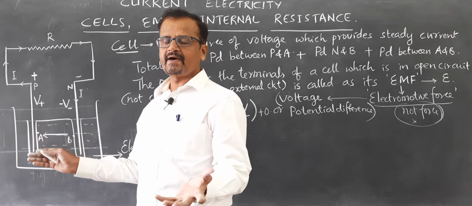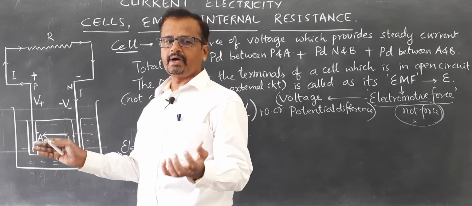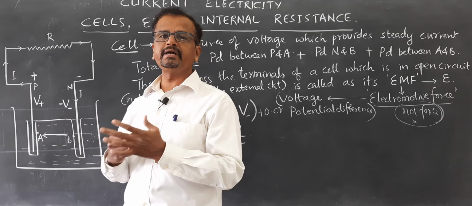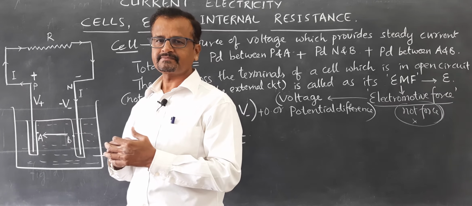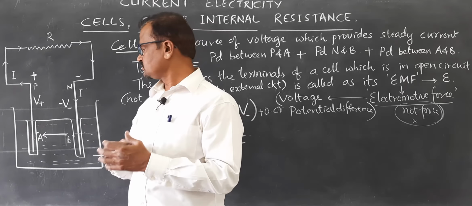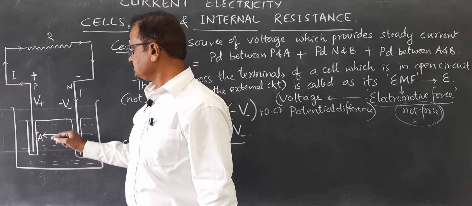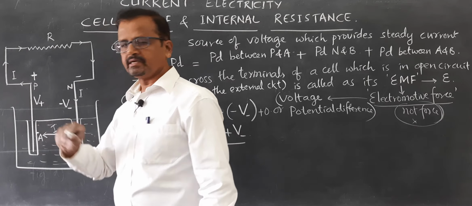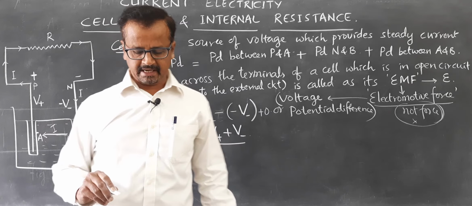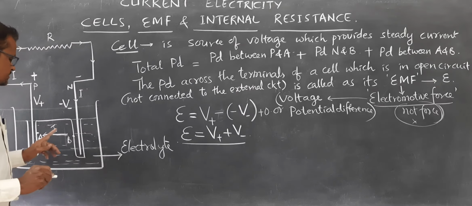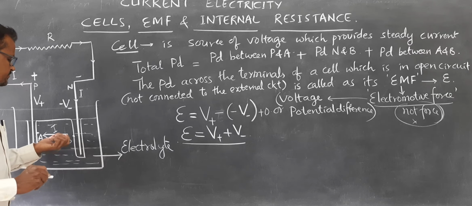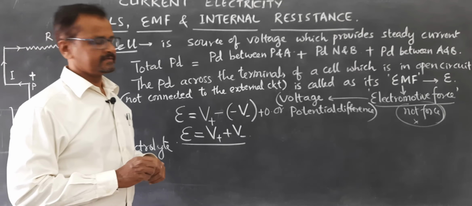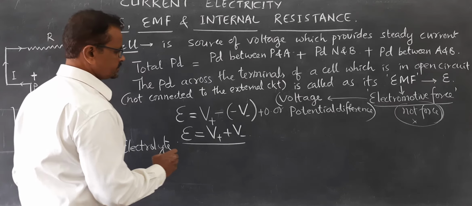The electrolyte is having the positive and negative charges. So, the movement of positive and negative charges starts taking place, right. So, as a result, the current starts flowing from N to P. Since the current is in the opposite direction, the direction is from N to P here, so it will have a negative sign, right.